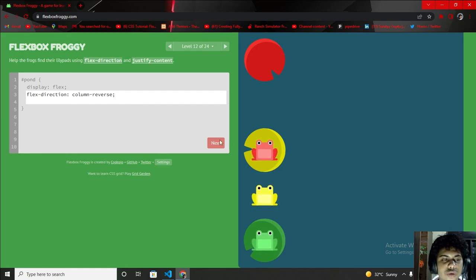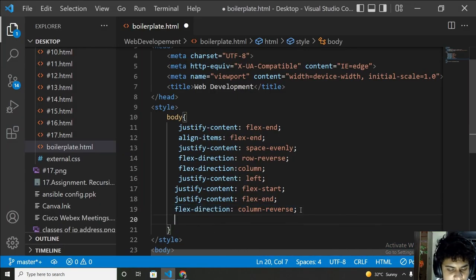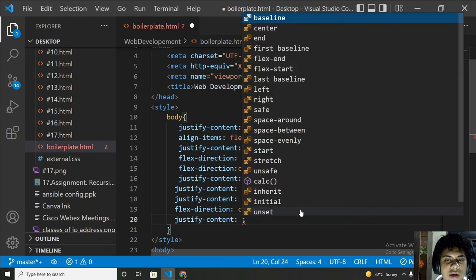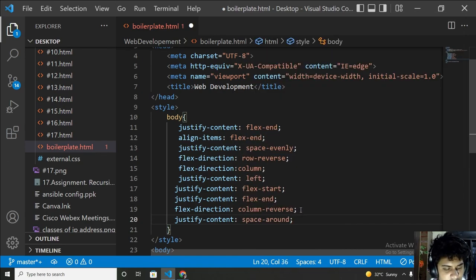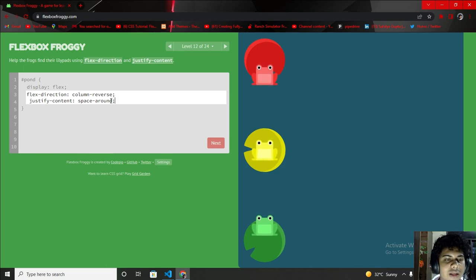So what I can do is justify content. Let me do justify content. The hint is here in the question: justify content space evenly or between or around. I think space around. Let me copy it from here and paste it here. I think it works for evenly.